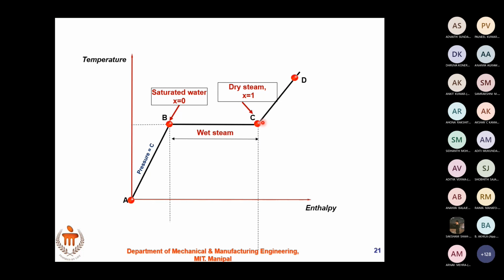So someone asked me the last part. Till C, I have completely dry saturated steam. Beyond that, if I heat the steam, the temperature changes now. It's not isothermal now. The temperature of the steam is increasing, and hence the steam becomes superheated. It will not be saturated steam. It will be converted to superheated steam. So you can superheat the steam to any required higher temperature. Understood? Anything else you want me to clarify?